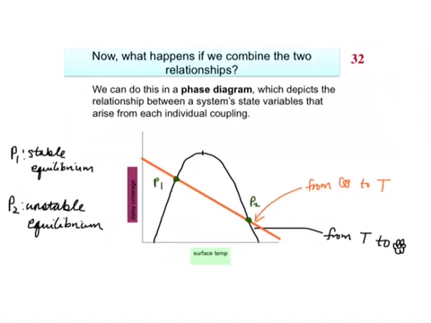Now, the other option, another way in which we can evaluate whether P1 and P2 are stable or unstable equilibria, is a little bit more methodical. It's actually to reproduce the coupling diagrams around each of these equilibria. So if you recall, when we talked about the coupling from daisy coverage to surface temperature, there was a single direction that applied to this whole curve. So this whole orange curve